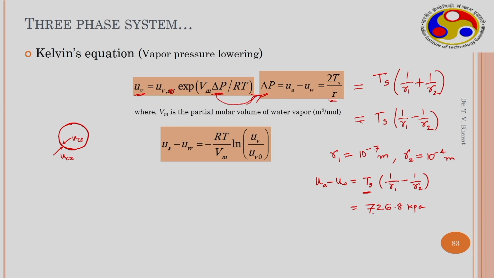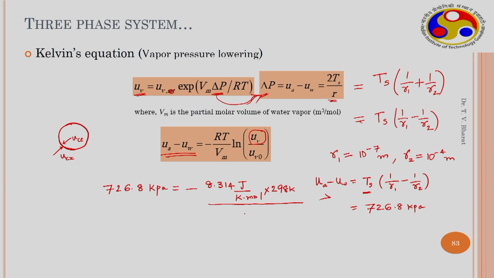So for this particular pressure drop we estimated, one can estimate what the vapor pressure would be above that curvature. So here you can substitute this value. So this is 726.8 kilopascal equals minus R, which is 8.314 joule per Kelvin mole, times 298 Kelvin,